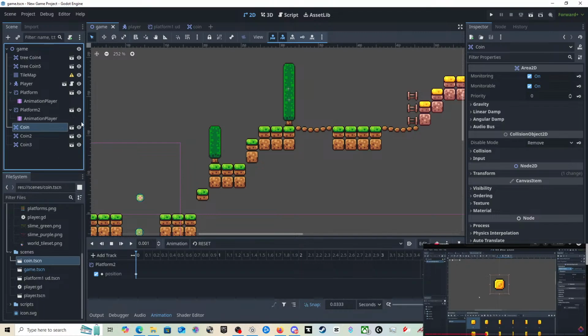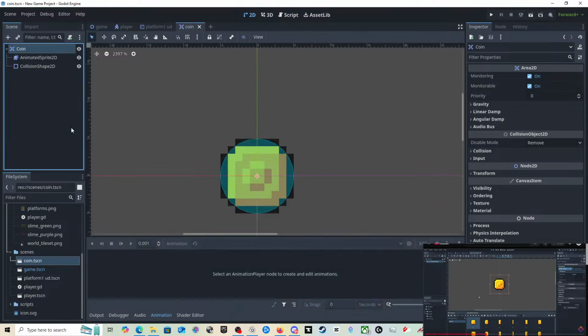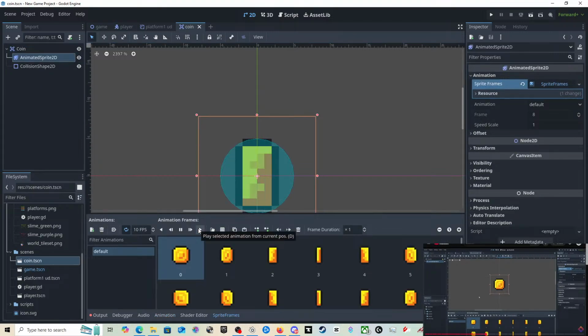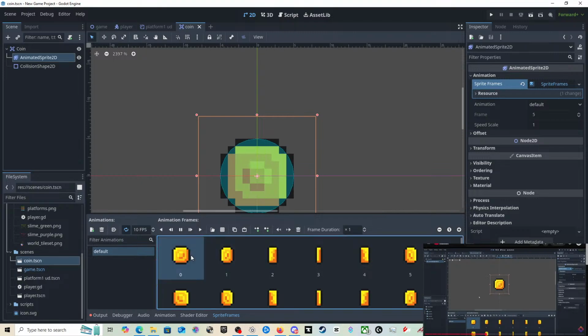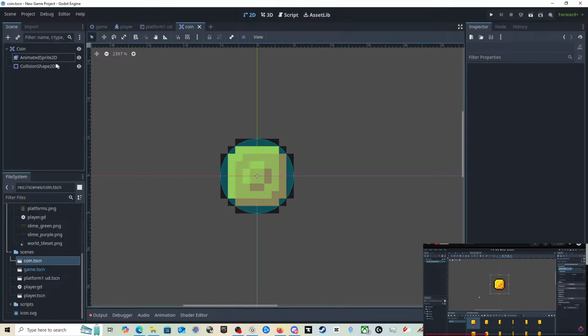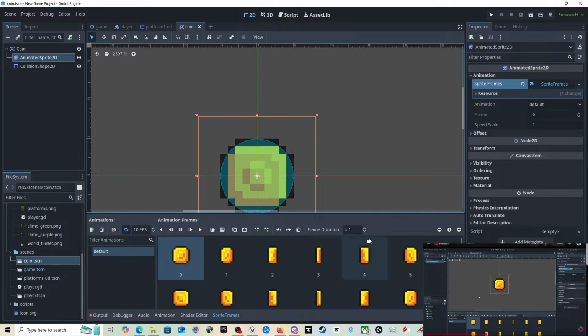Am I going to have to get rid of all of them? Oh no, we did. Is it because I need to select them all? No. Ah.